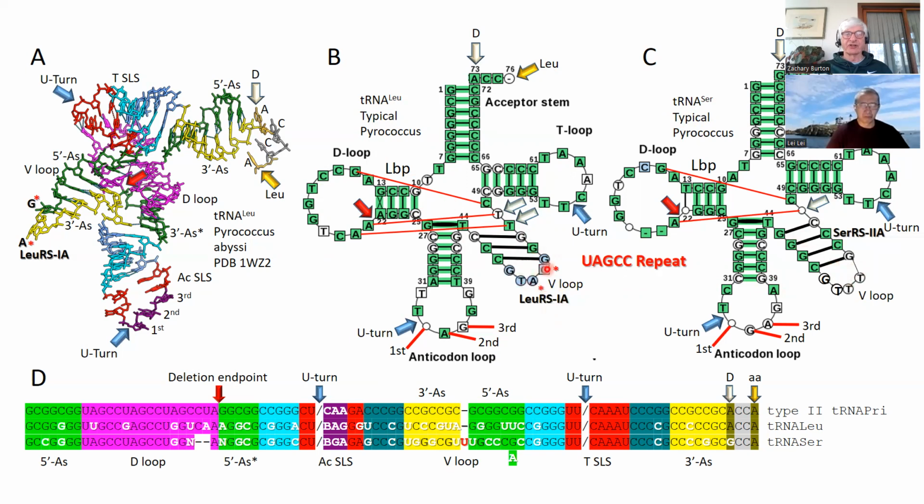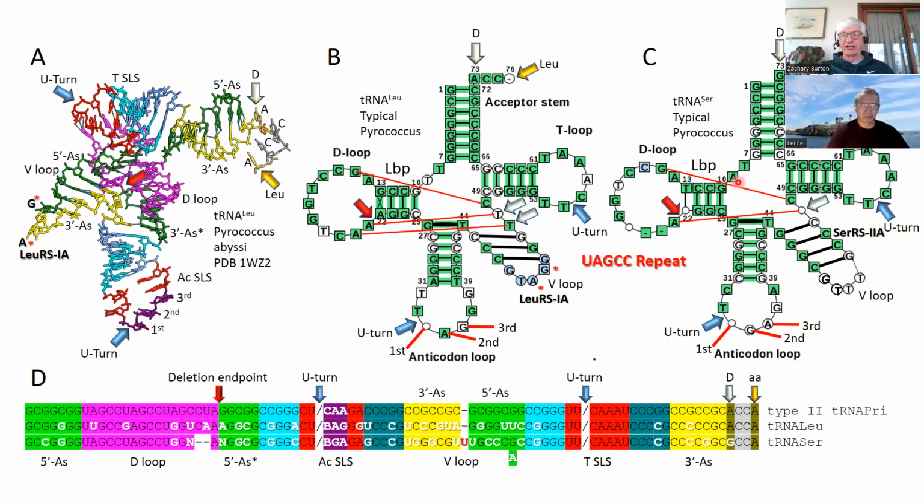LURS interacts with those two bases to put leucine there. LURS can't reach these two bases because of the attitude of this stem. And CRRS lies across the stem and interacts with the T loop. With this arm, the arm is too close to the T loop, and CRRS can't make that connection. So that's a little bit about how you get biological specificity into this system.